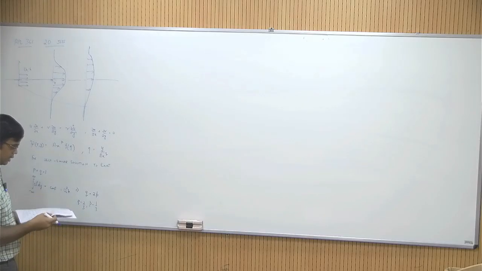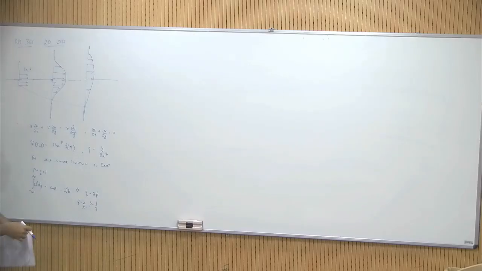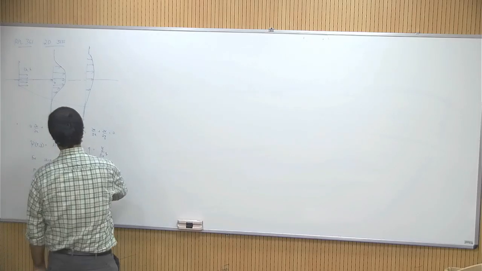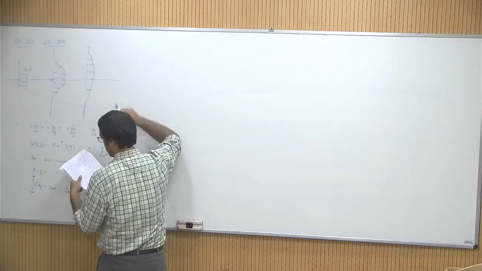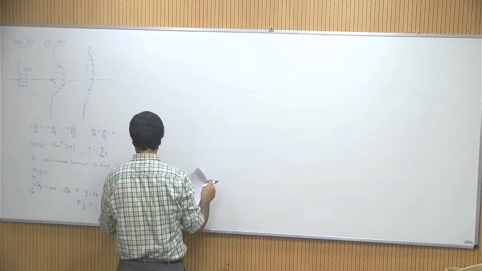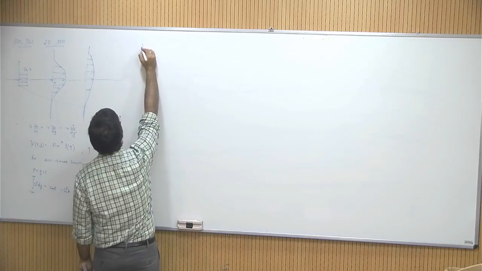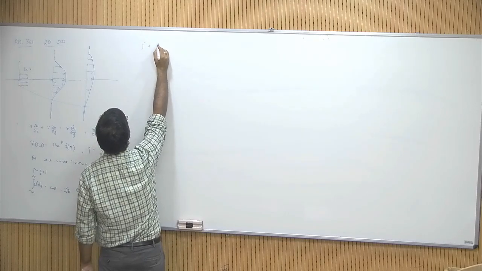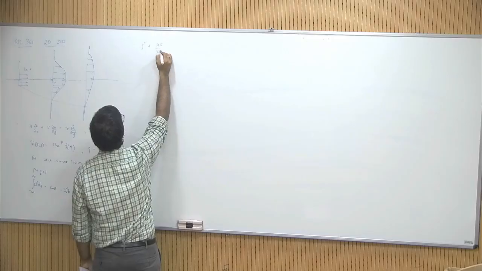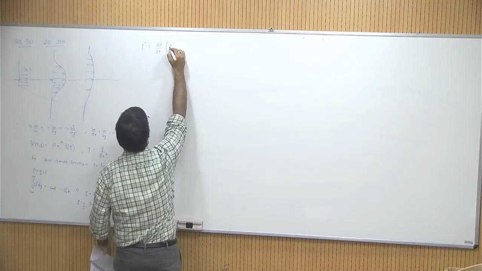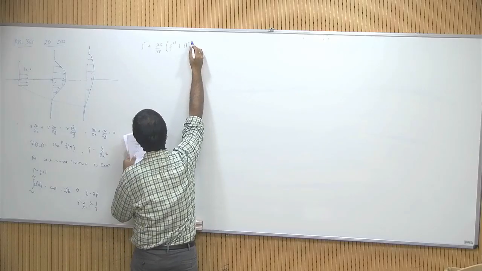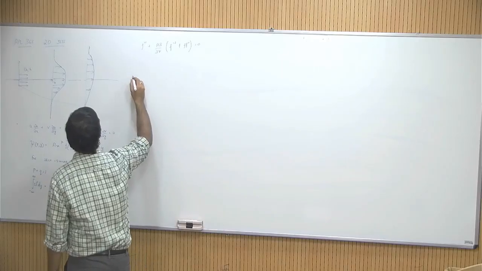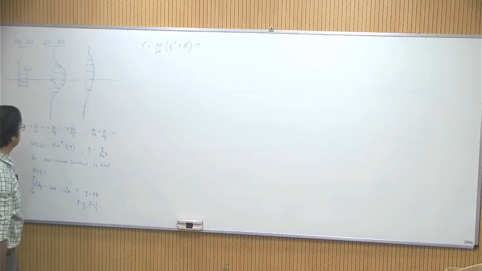Yeah, and then we were doing the similarity solution, so we had substituted these values of q and p here, and we had obtained the equation which was f triple prime plus ab by 3 nu f prime square plus f double prime equals 0. Okay, and then the boundary conditions for this were,